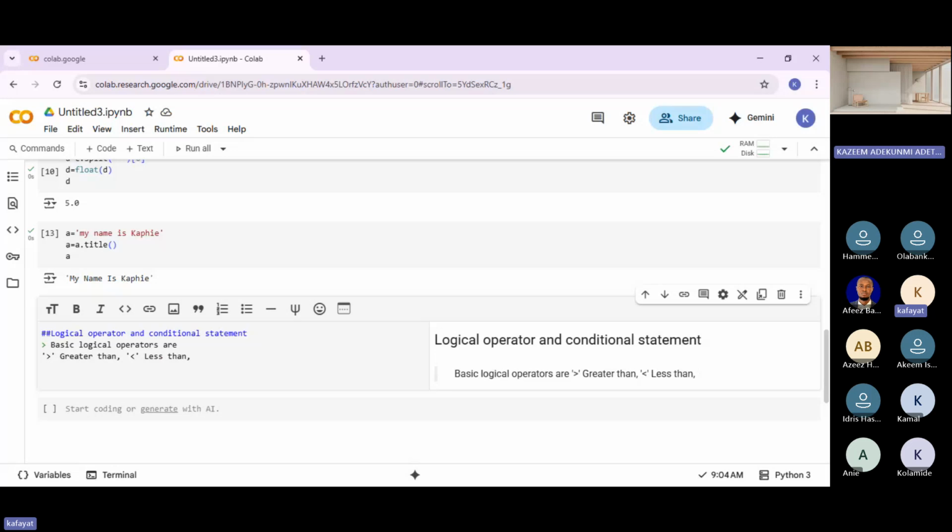We all know how it is normally. Greater than or equals to. Less than or equals to. Equals to. Not equals to.